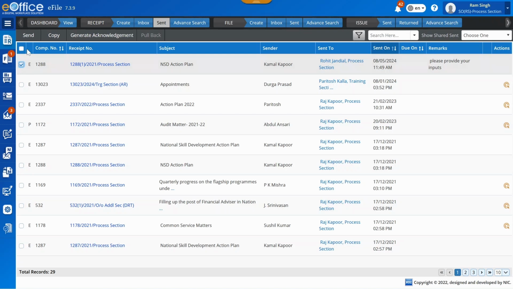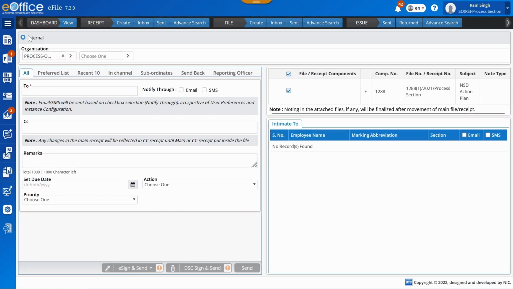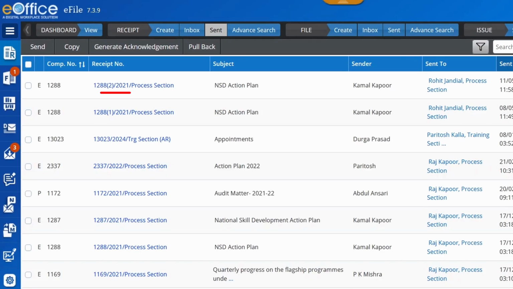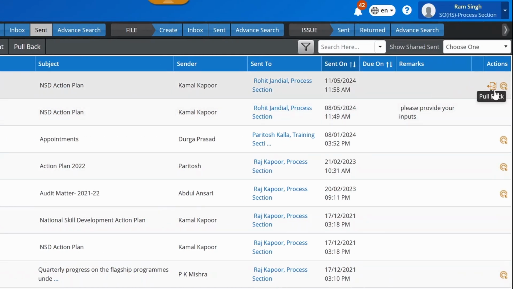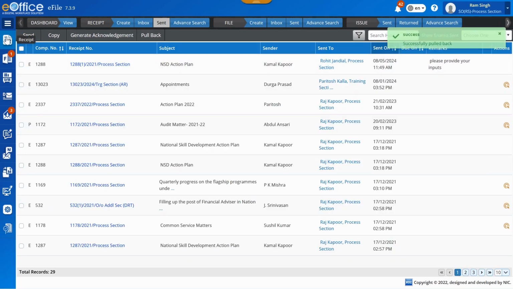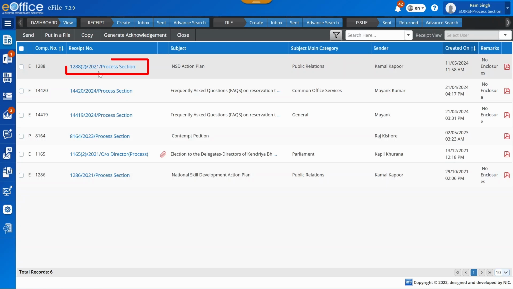Users can also mark receipts from their sent folder. But remember, since the sent folder contains only the list of receipts that have already been sent and are not with the user, the receipts sent from this location are designated as copies or CC, even though the forwarding or marking is done in the To field. It is worth noting that when receipts forwarded as copies from the sent folder are pulled back, created folder, all receipts sent or forwarded from any folder can be viewed in the recipient's receipt inbox.